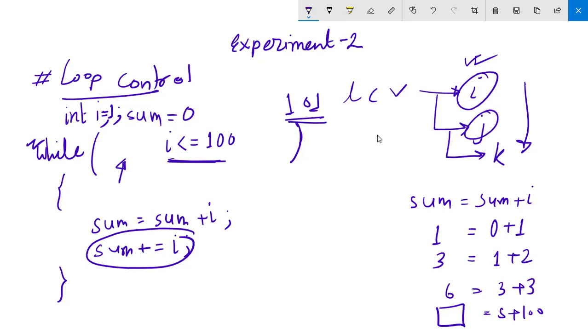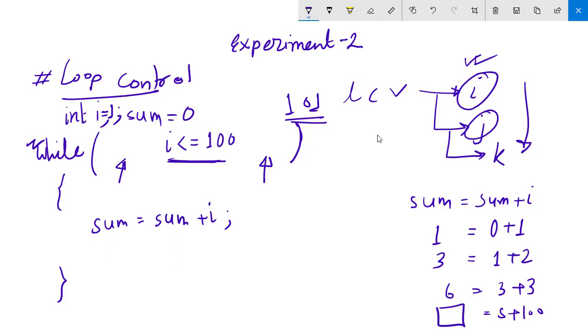There was another command in the case of for loop here that said I plus plus. So in the case of while loop, this I plus plus or increment I by 1, this statement will go just after the main expression of the loop.